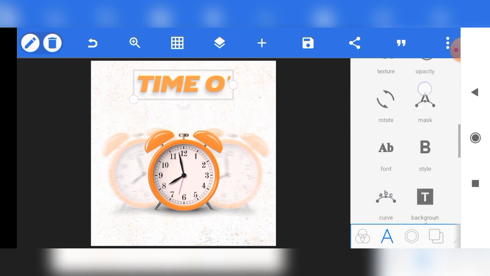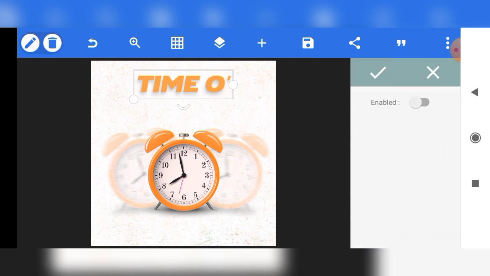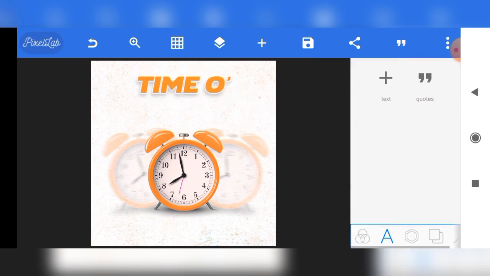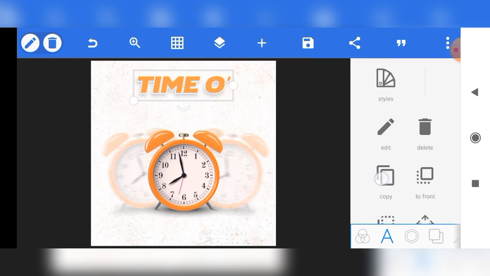Alright, then come to stroke. Stroke it, and just change the color of the stroke to white. Yeah, to white. Then just leave it at 5. Leave the stroke at 5. Okay, so this is the design. Then copy this,